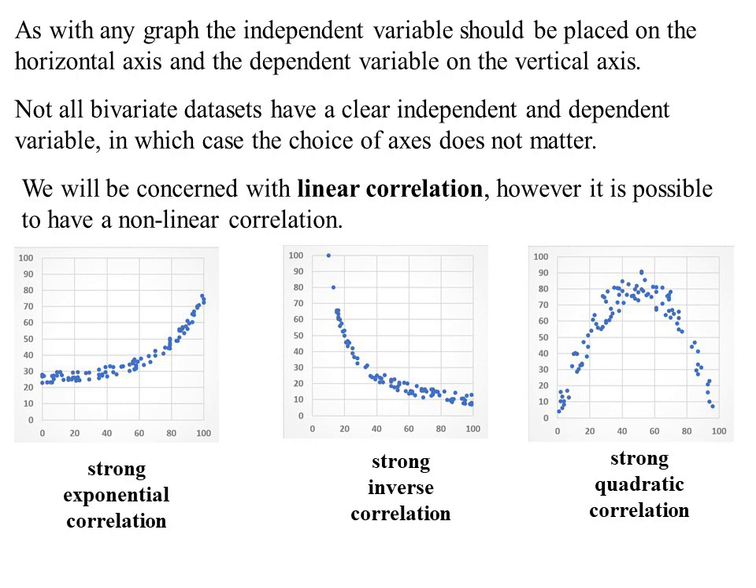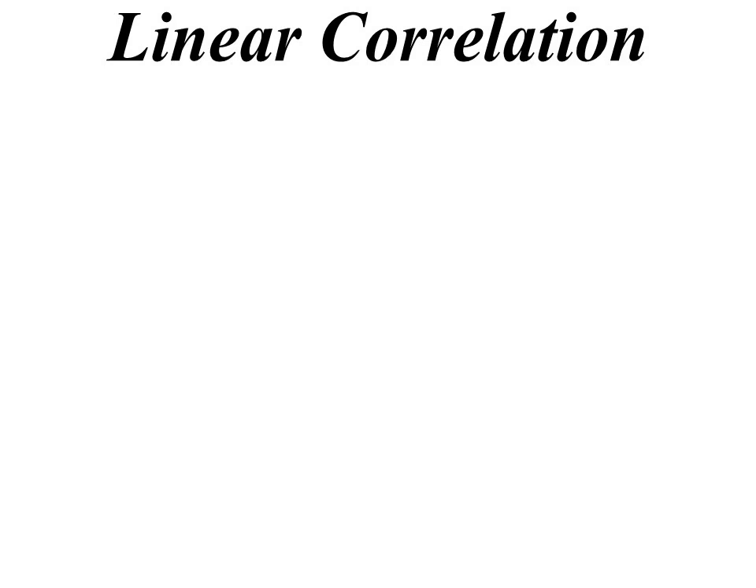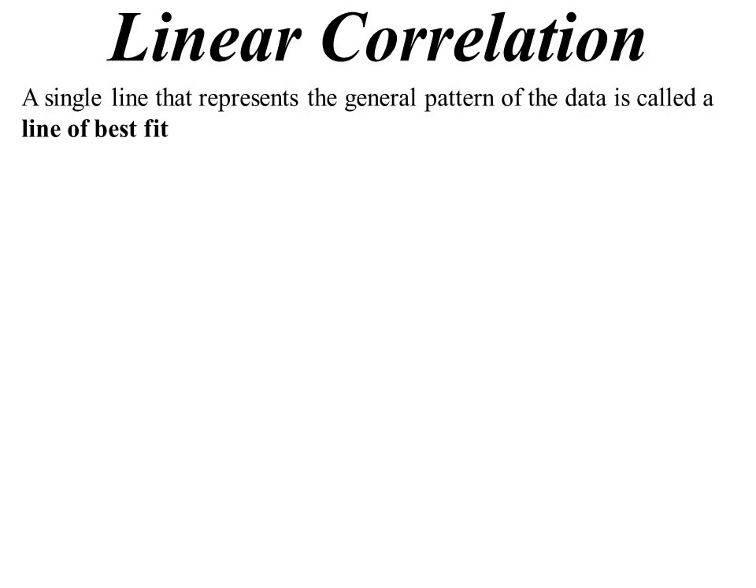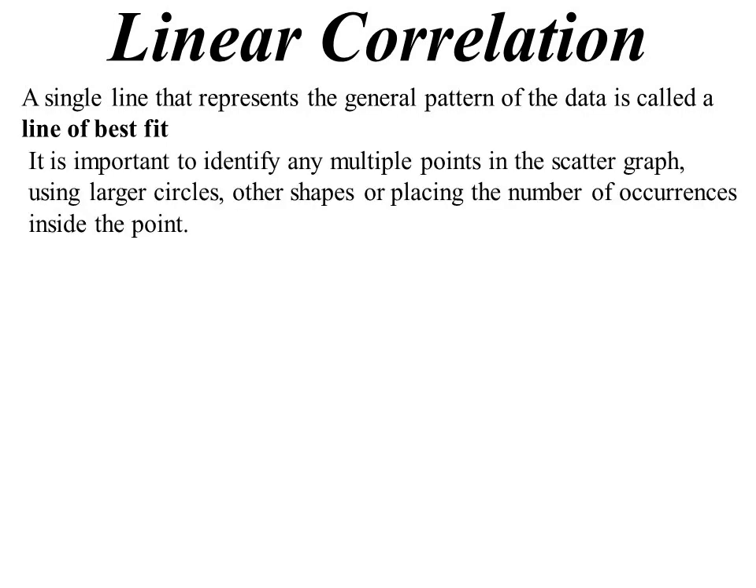You have a quadratic correlation. As I say, we're going to be interested in linear correlation, and as I was saying, that's where the line of best fit comes in, and we'd like to then get an equation for that line, and that will allow us to make predictions. Now when we're doing our line of best fit, we identify multiple points using larger circles,